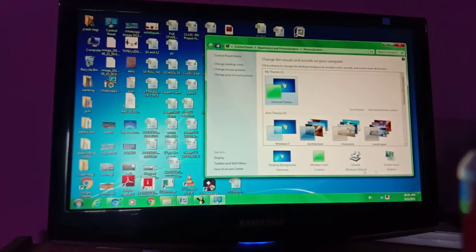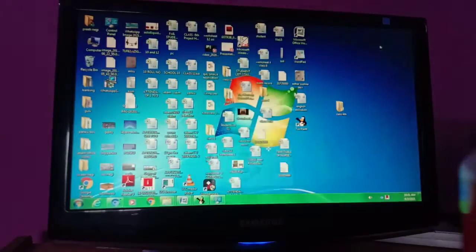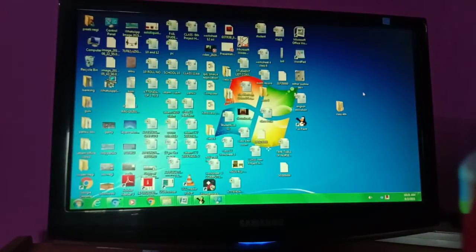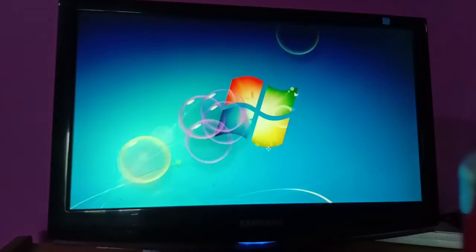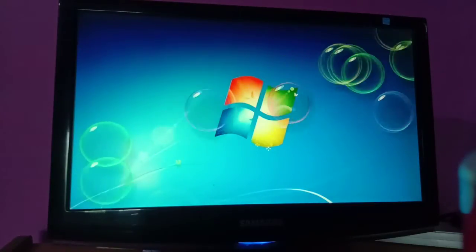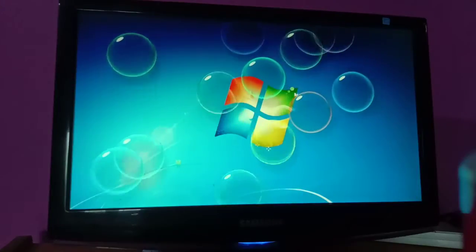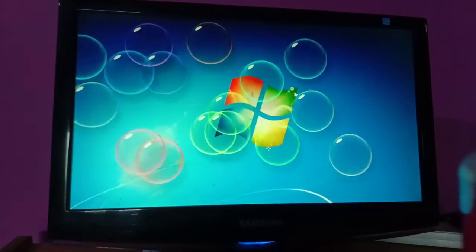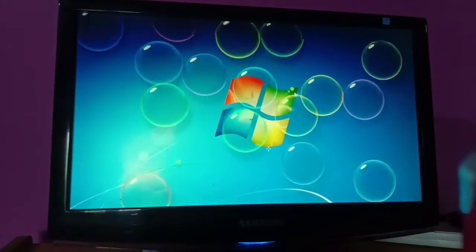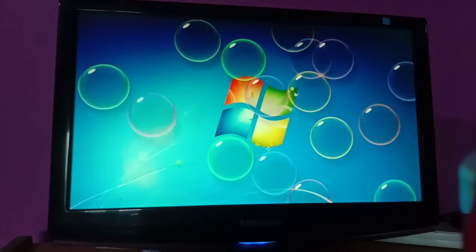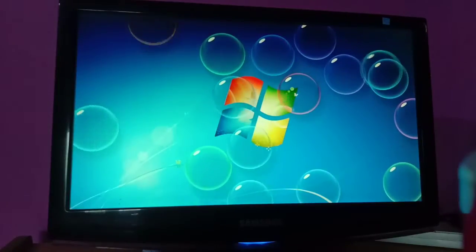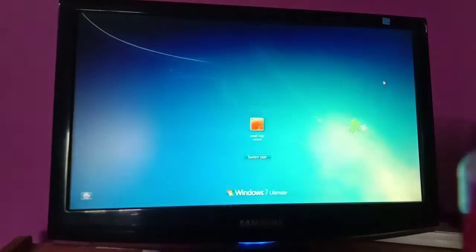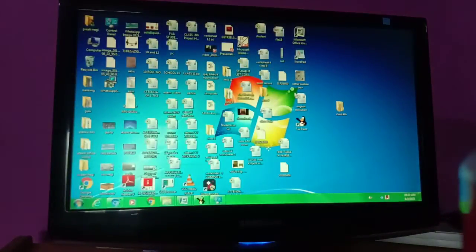Now this bubbles screensaver is applied, and let's leave this computer for 1 minute of inactivity. I'm not touching anything on my computer for 1 minute. I'm pausing the video because 1 minute will take time. I will show you when the bubbles come. Are you all able to see the bubbles coming after inactivity of 1 minute? These bubbles will come as a screensaver. As you click, it will resume again. Now I'm clicking, my screen will come back. Now my screen has come back.